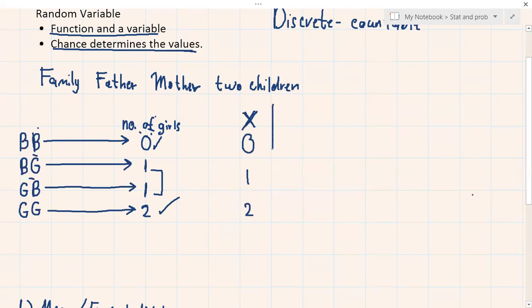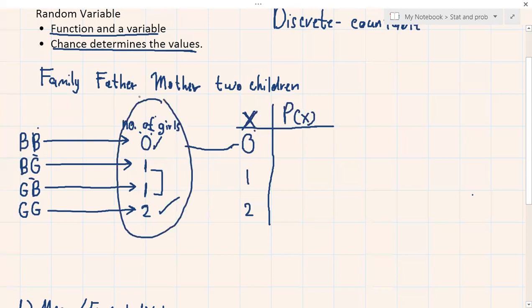Then next, on the second column, we will find the probability of a random variable value. Okay? Kukunin natin yung probability nila isa't isa. Ngayon, di ba, meron kang 0 na x dito? So, what is the probability na walang girls sa 2 children? Or basically, ilan si 0 dito sa list na to?